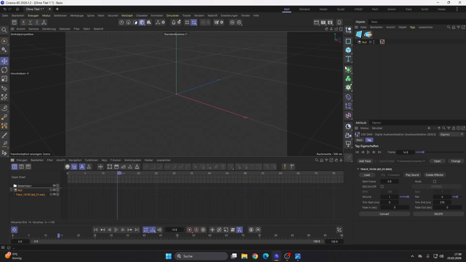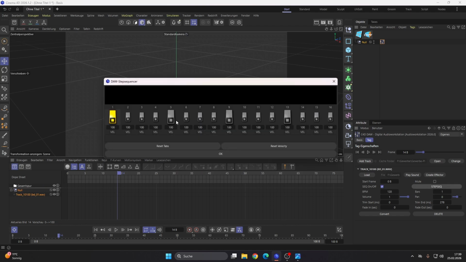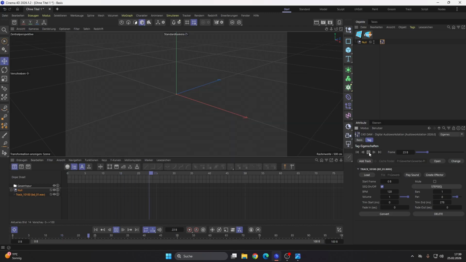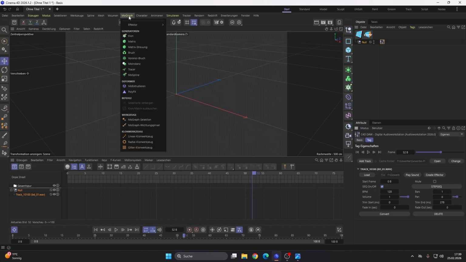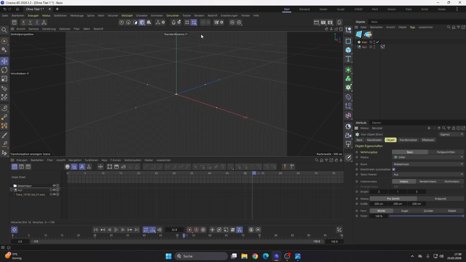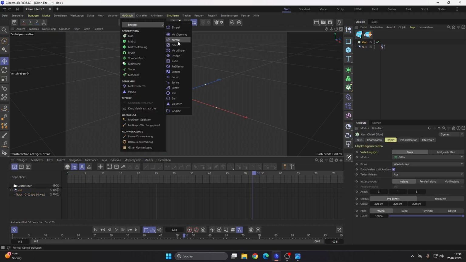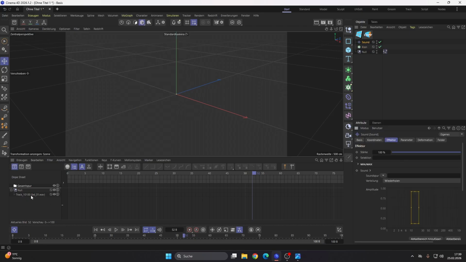So if you want to control maybe an effector with a step sequencer like this, then you have to create a cloner, you have to create an effector and sound effector, and you have to drag and drop here this thing into this effector. And this is a little bit